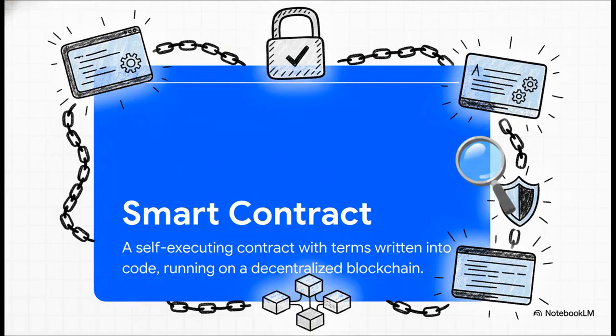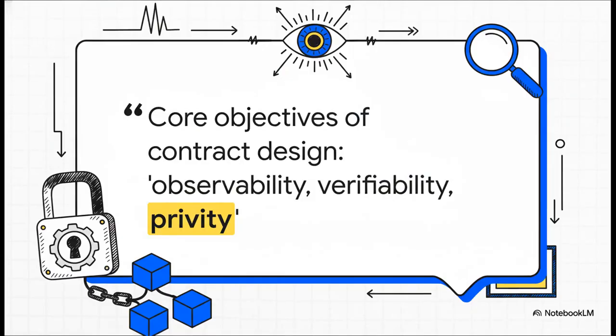And that leads us directly to the idea of smart contracts. Put simply, these are just self-executing contracts where the terms of the agreement are written directly into lines of code. And because they live and run on the blockchain, they run exactly as programmed, without any possibility of downtime, censorship, fraud, or third-party interference. You know, this idea actually goes way back. In the 1990s, the computer scientist and cryptographer Nick Szabo laid out the core goals for digital contracts. He said they needed to be observable, so you could see they were performed, verifiable, so you could prove it to others, and have privacy, to keep the details private. Smart contracts on a blockchain are pretty much the ultimate fulfillment of that early vision.